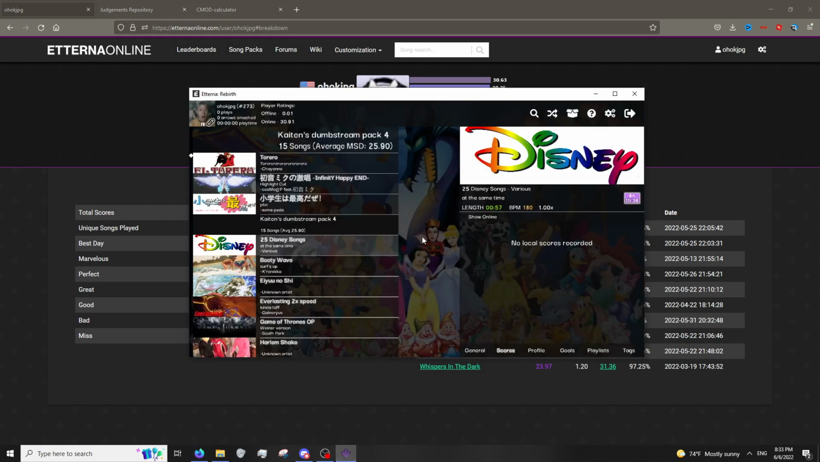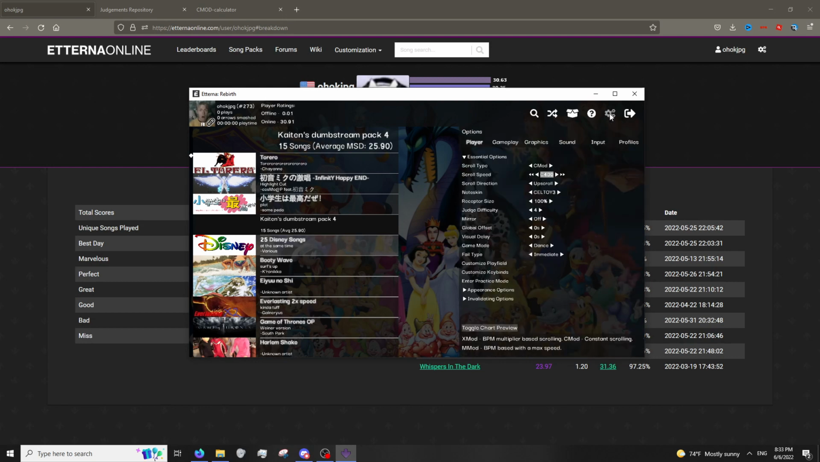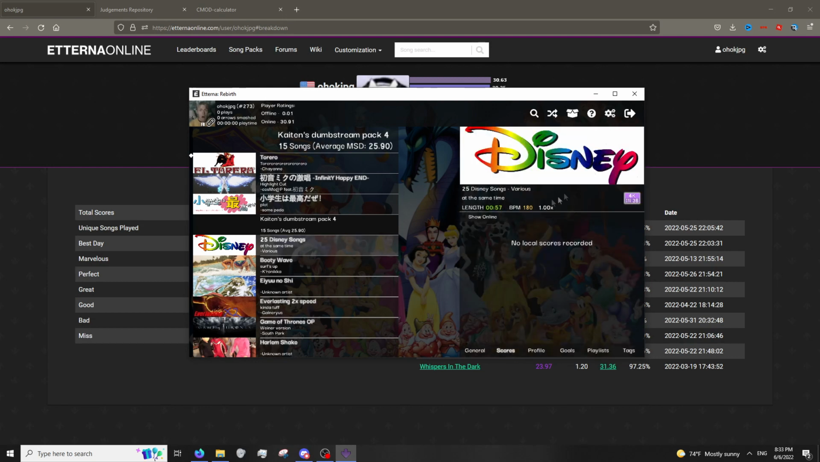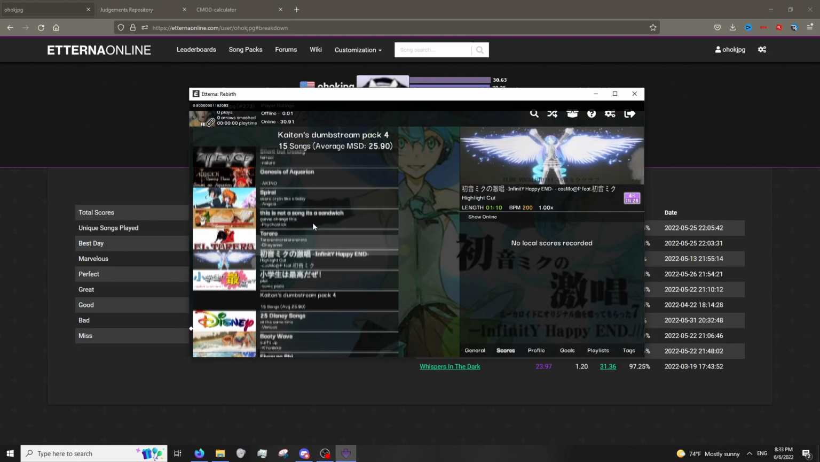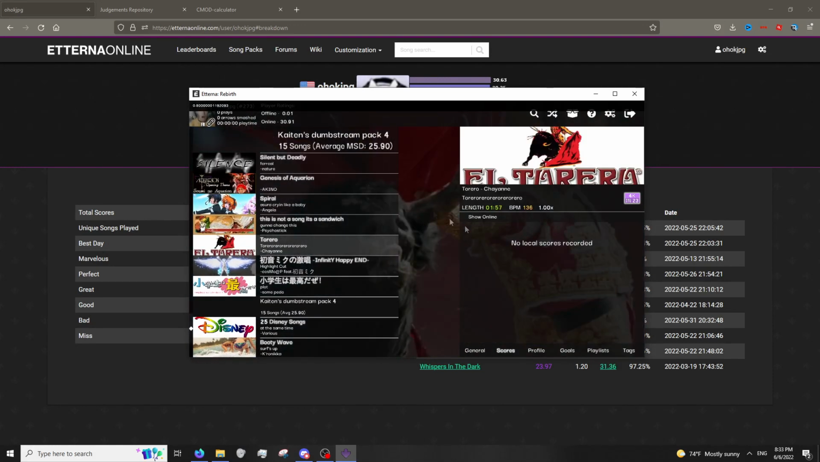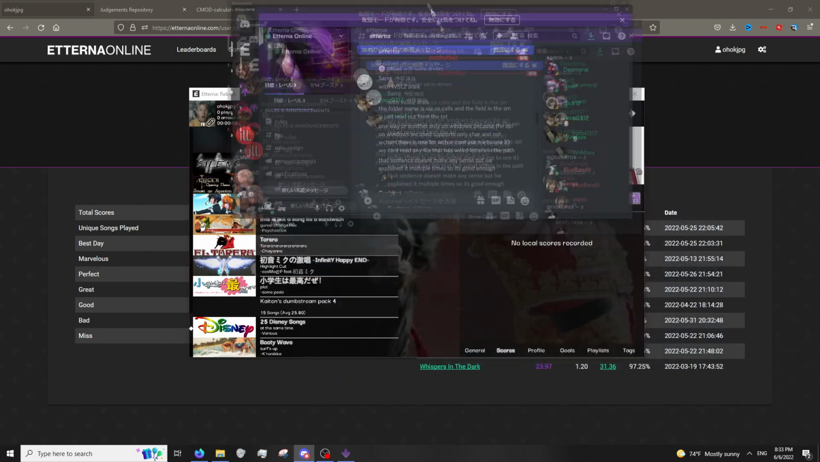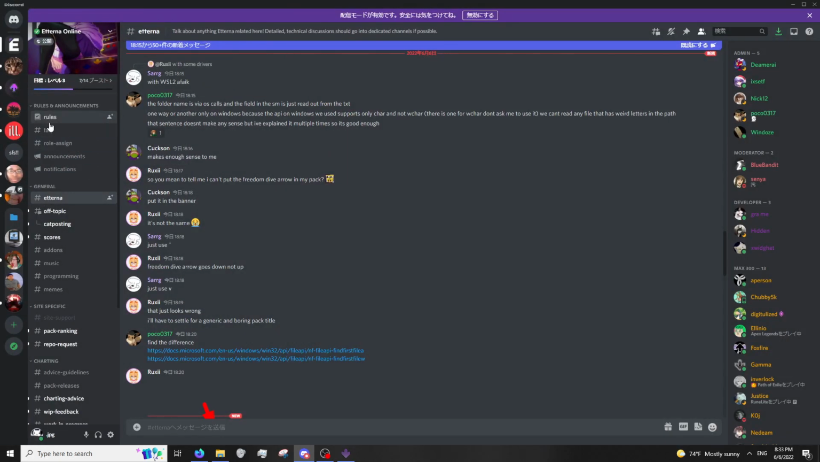So there's just one more thing I want to cover in this baseline thing. There's a little bug with the game right now where if you do anything, a random number just shows up for some reason, which is really great. It's really convenient for the game. So in order to fix it, you need to go onto the Etterna Discord. You've got to go to the FAQ,